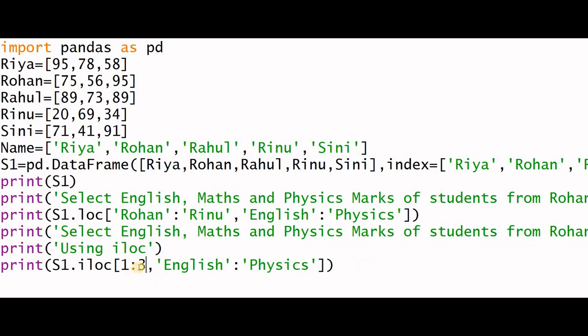If we are giving 3, there is a difference in the display. We will check the output. And for English, it is 0, and Physics, the last index, when we display the output, check how it displays. Here, Physics is at which index? 0, 1, 2. Now we will check the output.